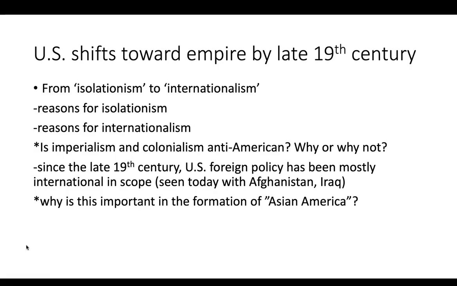Okay, so that really explains this movement from isolationism, which again is non-intervention in foreign affairs, towards empire, or what's stated as internationalism. And if you notice there on the slide, there's also something stated that we've been internationalist ever since. Since the late 19th century, U.S. foreign policy has been mostly international in scope. And we see that today. We just withdrew from Afghanistan, the war against Afghanistan, certainly before that, Iraq. This has been really our preoccupation in more current events, the Middle East rather than the Pacific. We're going to see another shift by the end of the 20th